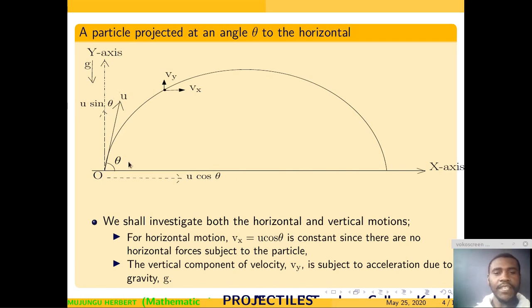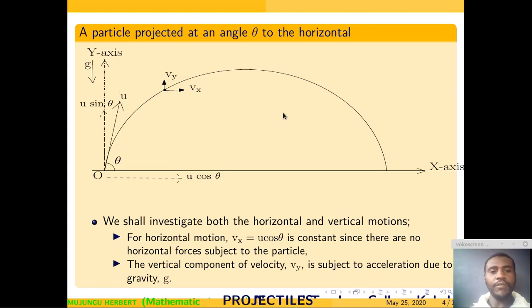Now if we take x and y to be our horizontal and vertical directions respectively, and then we take vx and vy as our horizontal and vertical speeds after time t,